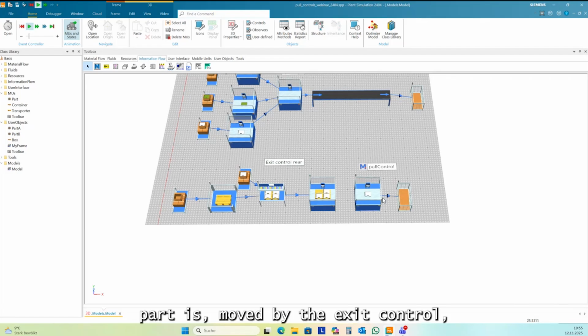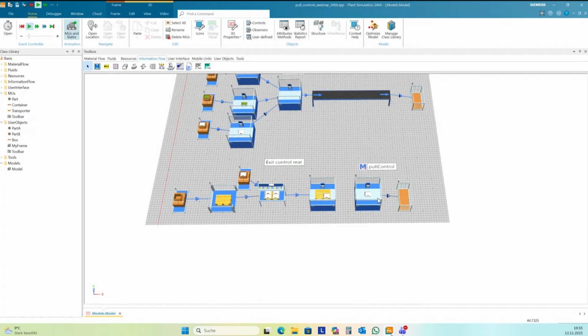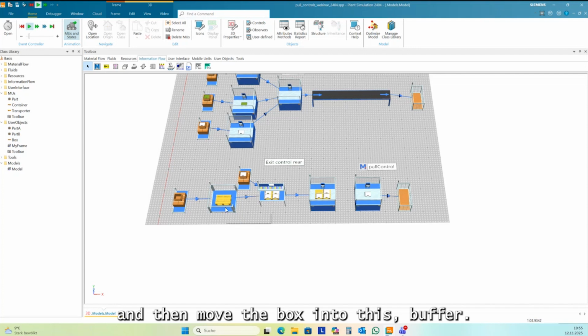So the first part is moved by the exit control, and now it's already running the pull control, pulling all the parts out of the box, and then moving the box into this buffer. So this is quite easy.